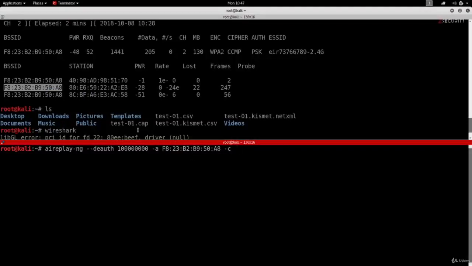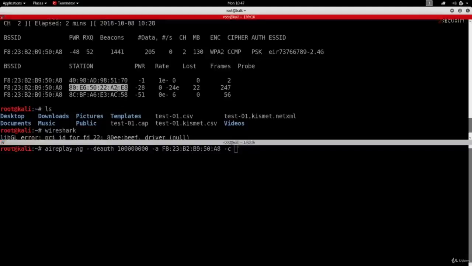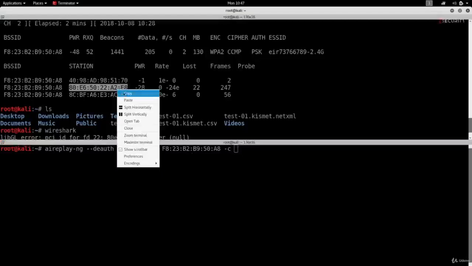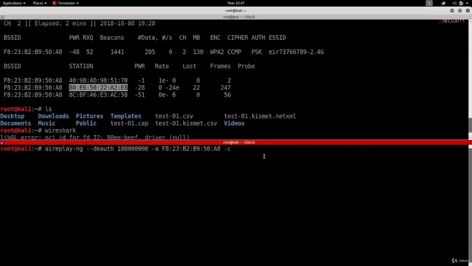And the client that I want to disconnect is this client right here, which is the Apple computer, like we said. So I'm going to copy it and paste it here. And finally, I'm going to give it the name of my wireless adapter in monitor mode, and in my case, it's called mon0.